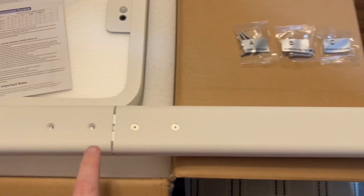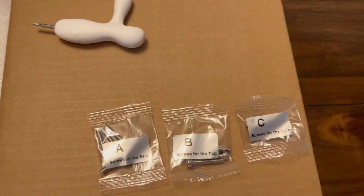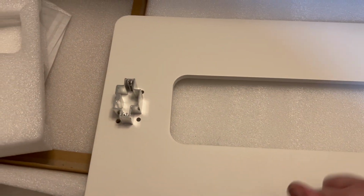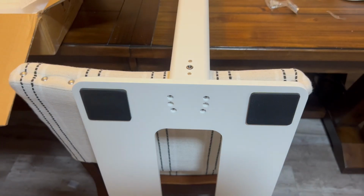So it's very well made, high quality metal, and it's powder coated in a really nice white finish. It's very simple to put together. It was about 8 to 10 bolts total, and everything is very nicely marked and very simple to put. You got A, B, and C. As you can hear there, the stand is very heavy and very good quality,